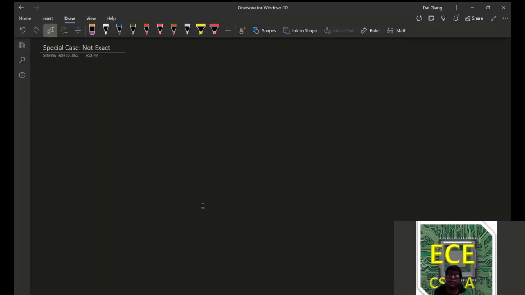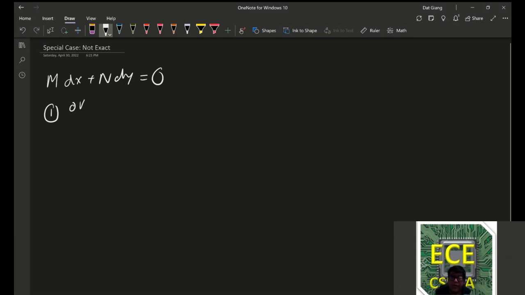Okay, so now let's look at another special situation. Suppose M dx plus N dy equals 0 is given, an exact differential equation, or so we might think. Now, what if in this situation this is in fact not equal to this? Well, if this is the case, then it fails. We can't solve it. There's nothing we can do about it